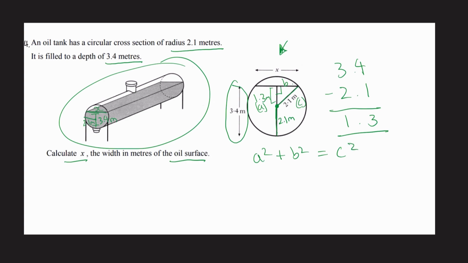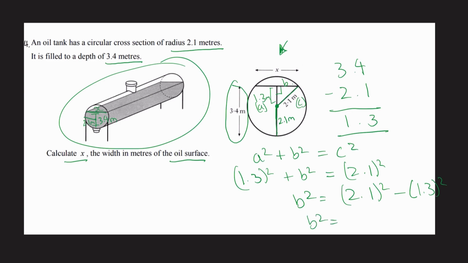Now just plug the numbers in. 1.3 squared plus B squared equals 2.1 squared. Now just rearrange the equation: 2.1 squared minus 1.3 squared. That means b squared has to equal